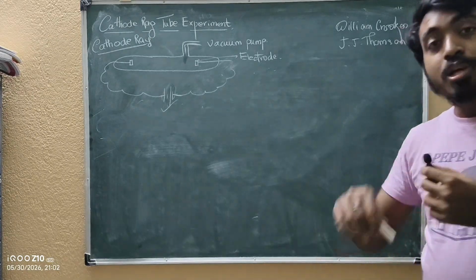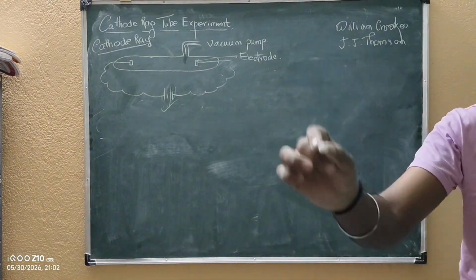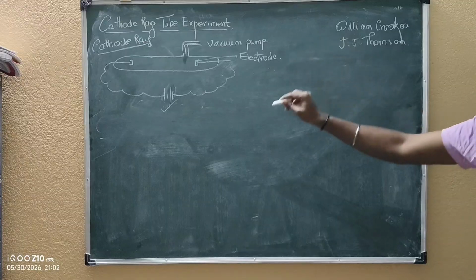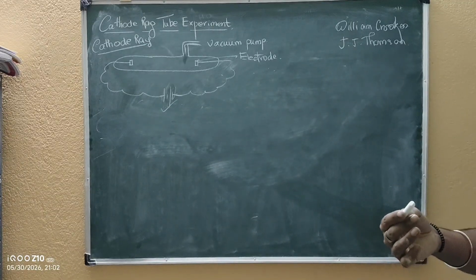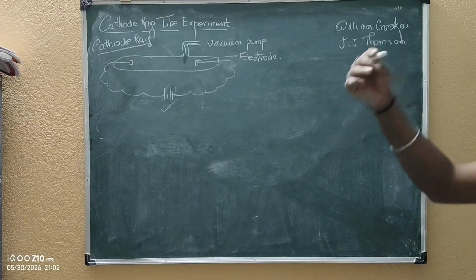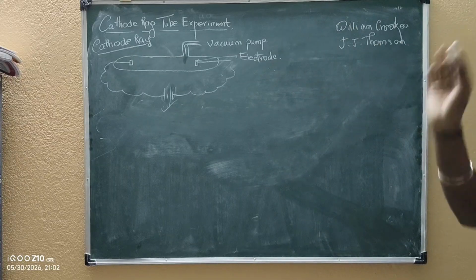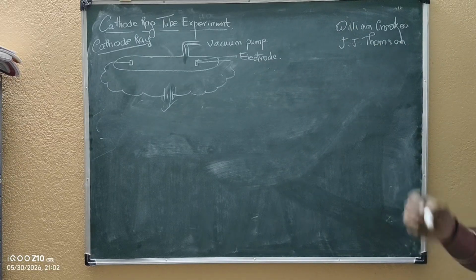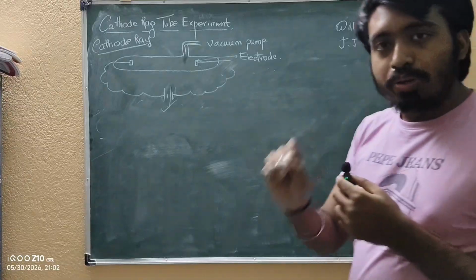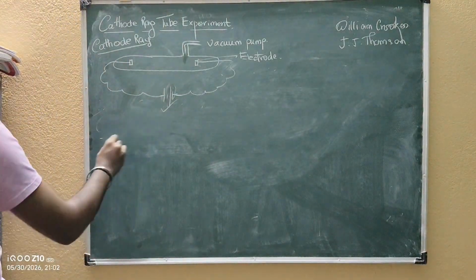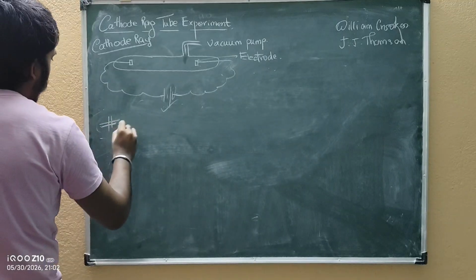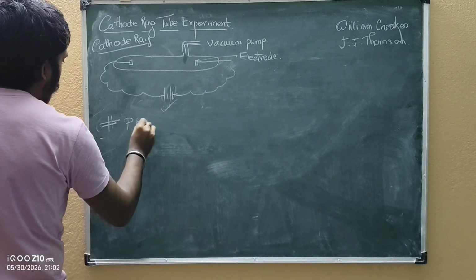Okay, so what I was saying is I have to have a marker so that I can understand from where, to where, or even if there is a ray or not. So to detect the presence of the ray, we will use some compound. What is the compound? First, coming to the compound, we will use a